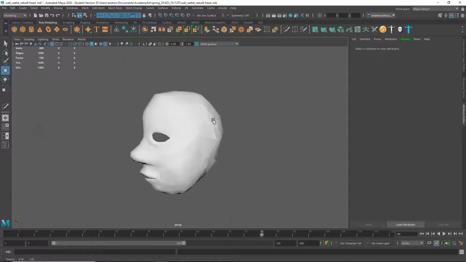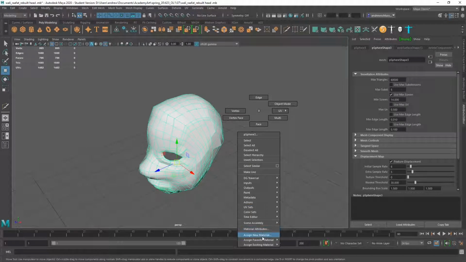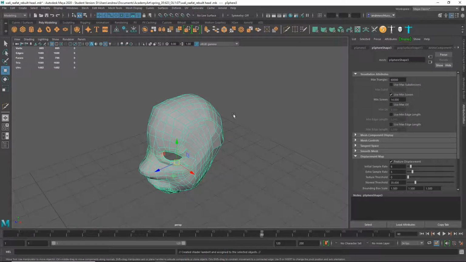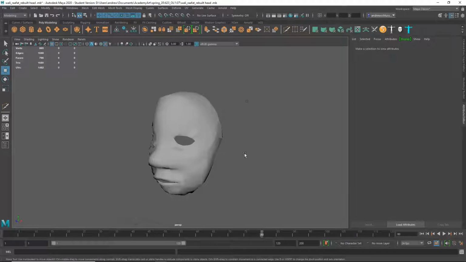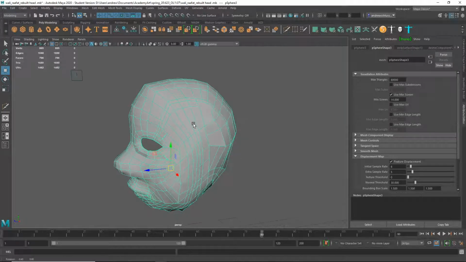Okay, let's take a look at this head. I might just assign a new material here just to make it gray, a little easier for me to look at. And I'm just gonna do a little bit on the model because there's some messed up areas, like here how this dead ends. You can see if you go to right mouse click face and you do